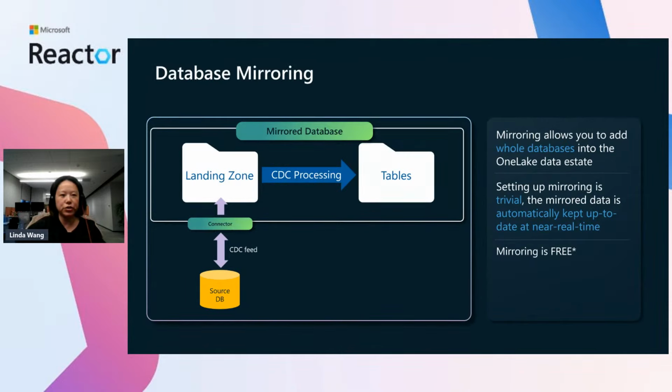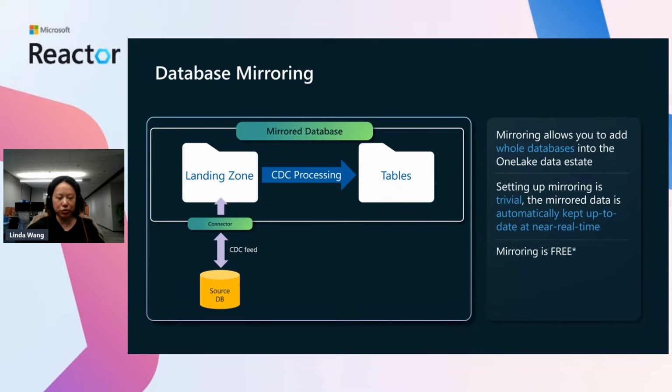If we look more into database mirroring, with just a few clicks in Fabric you can set up a mirror database for various types of data sources. Behind the scenes, Fabric will connect to the data source, do an initial snapshot to replicate all the historical data, and leverage the change tracking mechanism of the data source to detect all the inserts, updates, and deletes and keep replicating them into a landing zone, and subsequently to the destination delta table for the mirror database for consumption. All of that happens behind the scenes automatically for you, and in a near real-time manner.